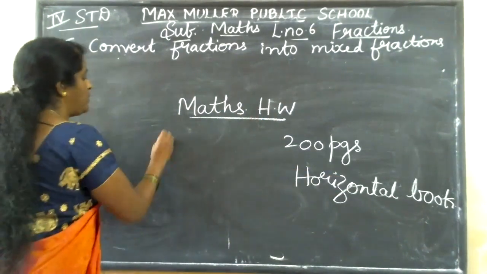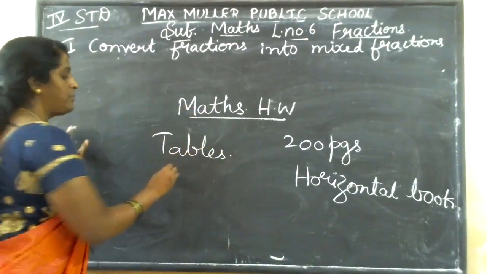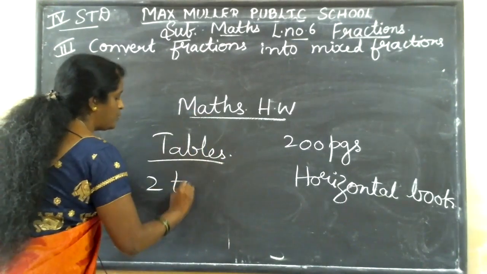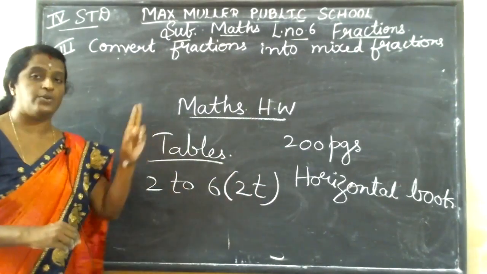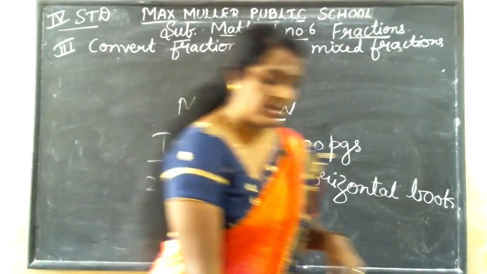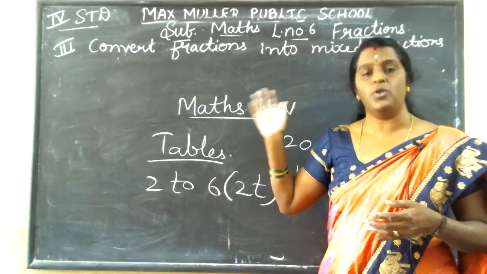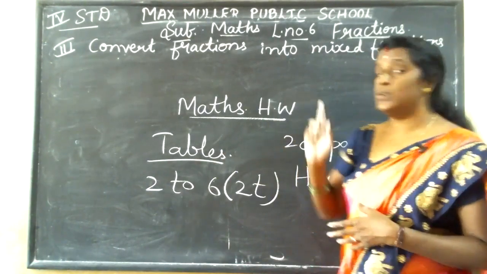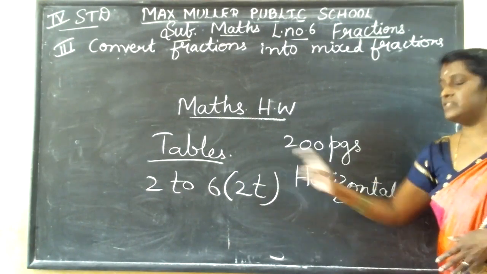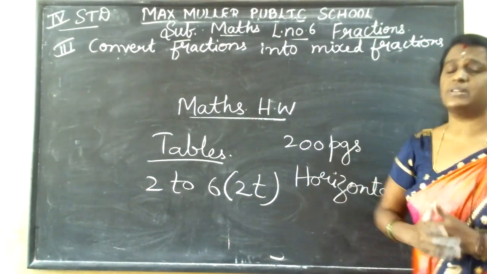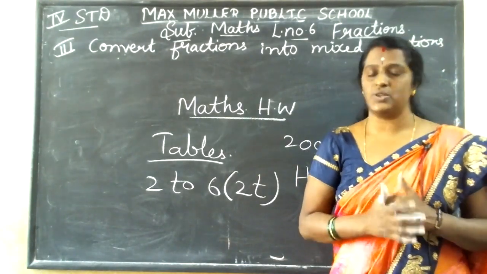So today, because so many children do not have textbooks, I am giving tables. 2 ones are 2, 2 twos are 4. So many children do not have the textbook, children, so I am giving tables. What I did on the board, the sums and all, practice in your rough book. Those who took admission, take out your 200 pages book and write tables of 2. Write the date also. So many children are not writing the date, children. Write the date. Those who have the textbook, it's okay.